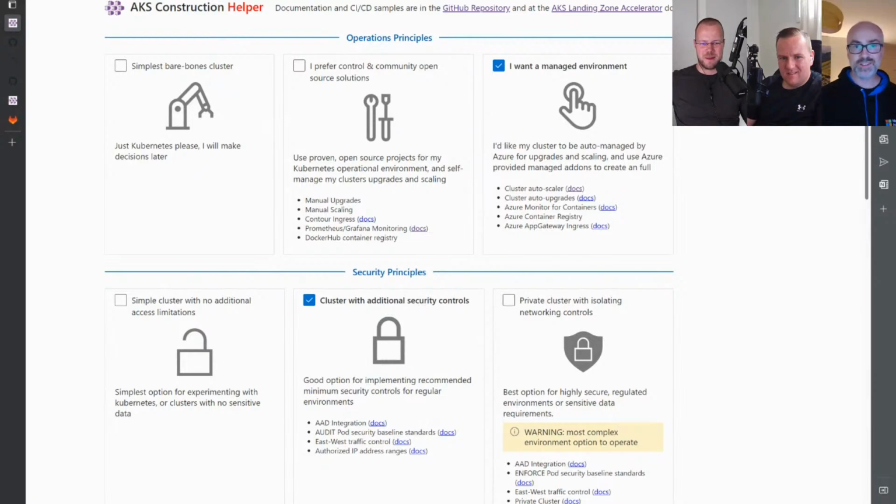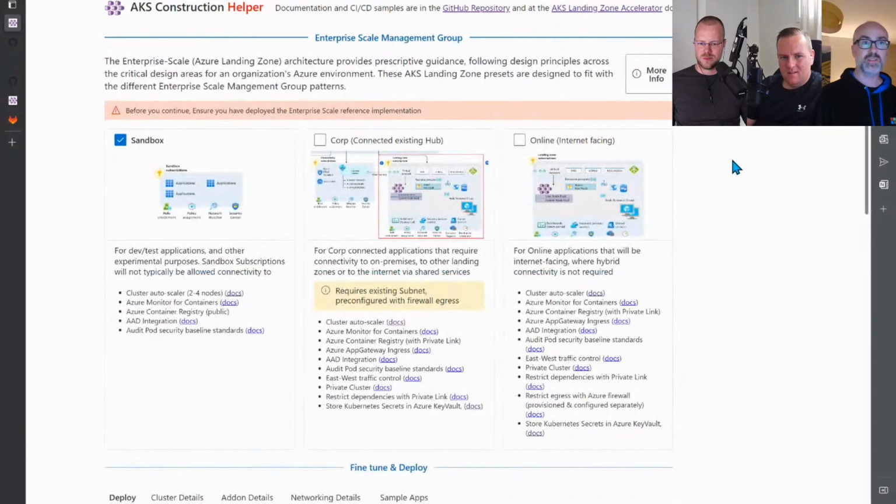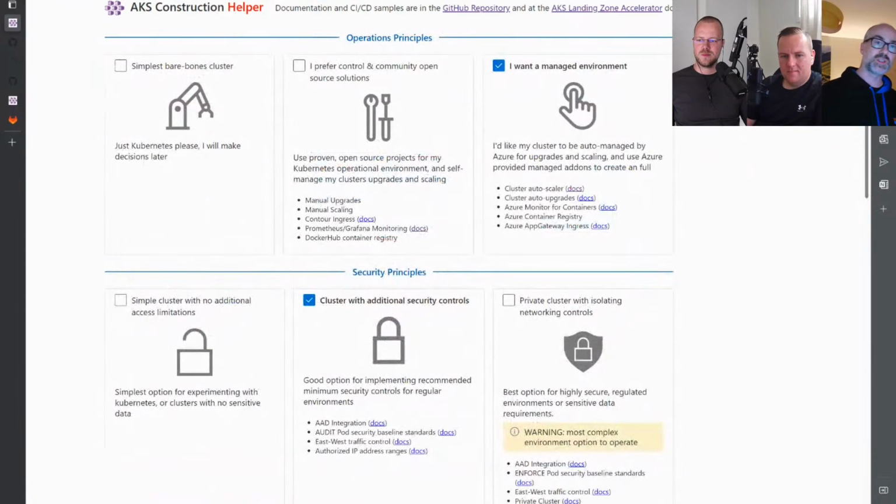Okay. So there's a kind of this drop down approach preset thing we play with a little bit. We're going to be having some more work going into here over the next few weeks. The one that's been in for some time is the enterprise scale, the Azure landing zone one. So this completely reskins those big presets we had at the beginning. If I go back to the principle driven, this is kind of like the, I like open source, I don't like open source, et cetera.